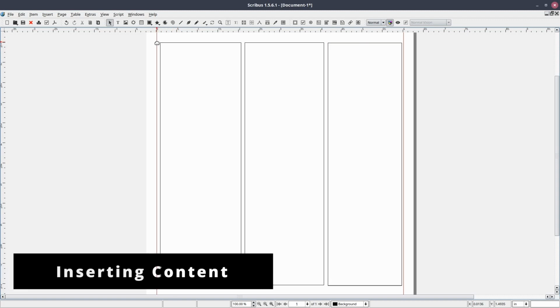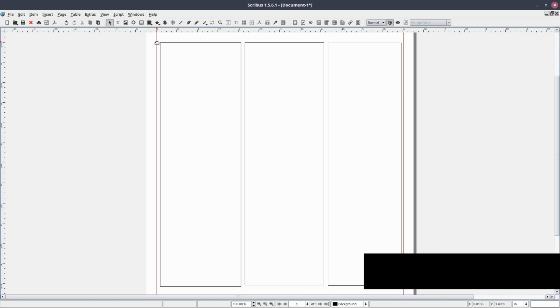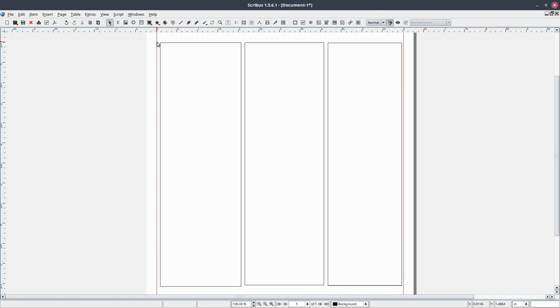Inserting content into our text frames. Before we can make styling adjustments, we should probably add some text to the frames. And as usual, there's a couple of ways we can do this. The first thing is we can double click on the frame, and when you do this, it should be highlighted in red, and you should see a flashing vertical bar indicating that you can start typing. And once that appears, let's put some text into our first text frame.